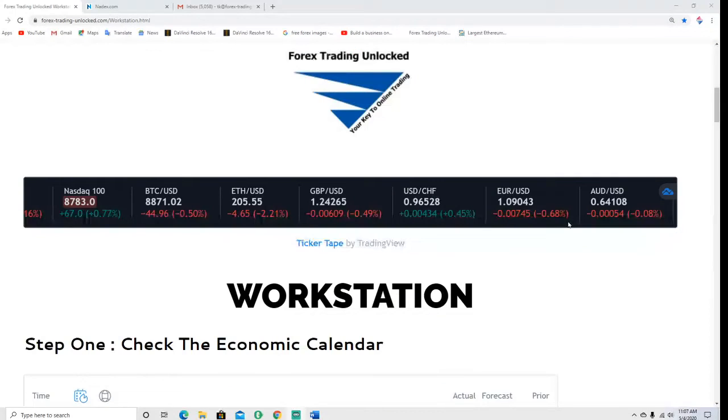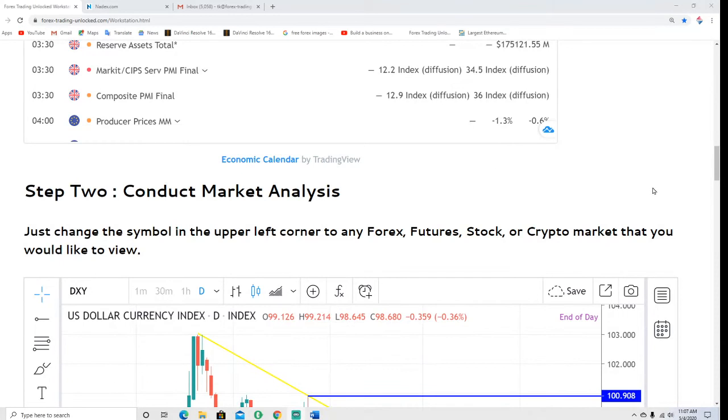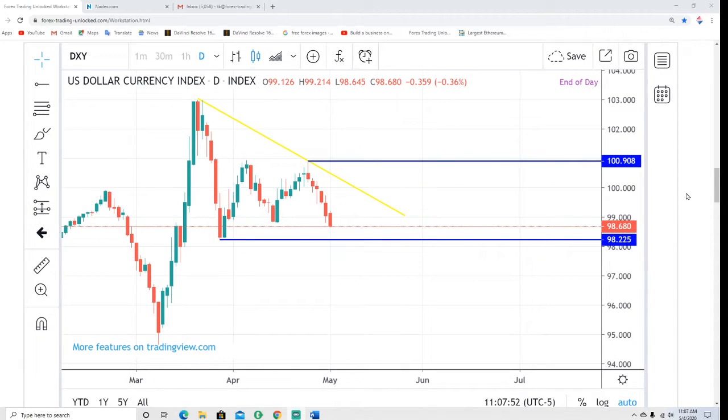with our Forex-Trading-Unlocked.com website pulled up. There were some numbers that were a little mixed for the Swiss and for the pound today, but we're going to skip past that and take a look at our charts right away. And we're going to look at how the dollar index settled last week. You can see it was a perpetual little slide testing support. Today it's kind of a neutral day, and we're going to take a look and see how we finally come